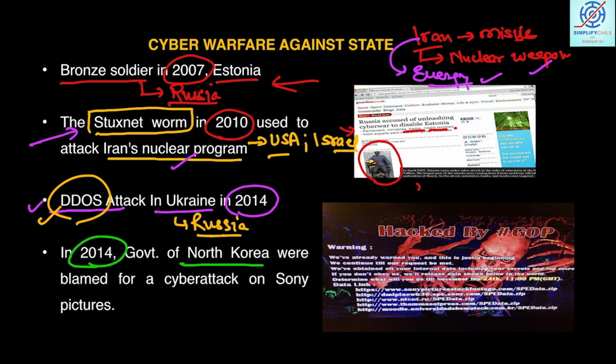It was blamed for a cyber attack on Sony Pictures. So North Korea and South Korea are somewhat at war with each other, and these things happened. It's the past. So students, these are the various examples that happened in the past. You can quote these examples, but I will give you some other examples as well, recent examples in fact. One such example is of